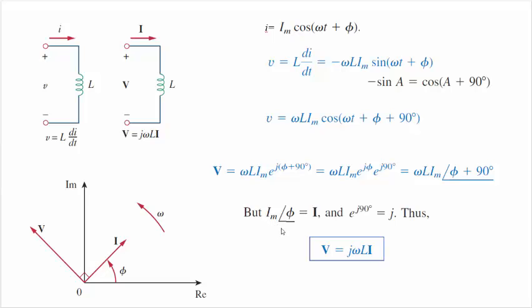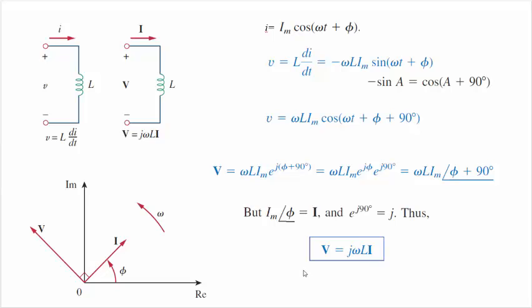Here it is. e to the j90 is the same as putting a j in as a coefficient. So ultimately, we get the phasor notation for an inductor as j omega L I. So the V's and the I's are both phasors. They have an angular portion associated with them. As a result of this, we